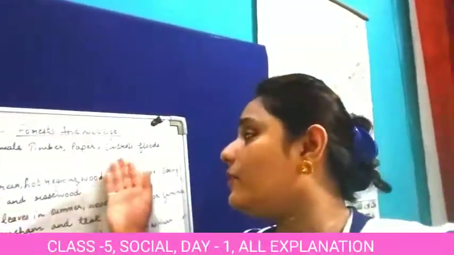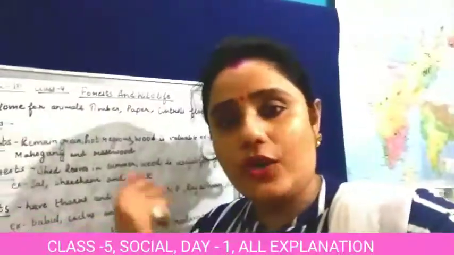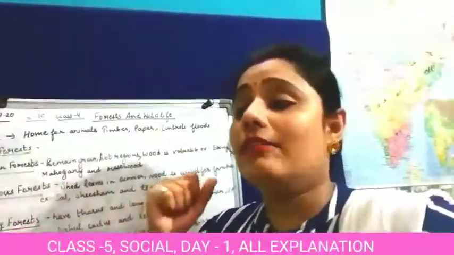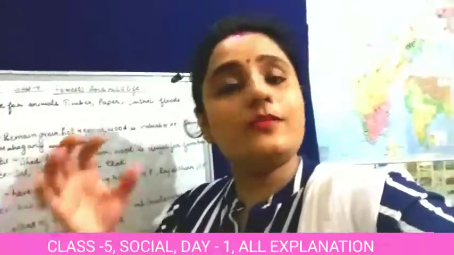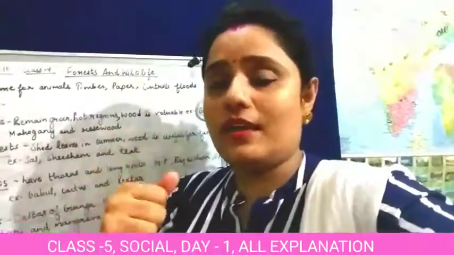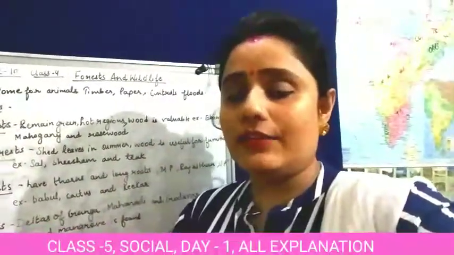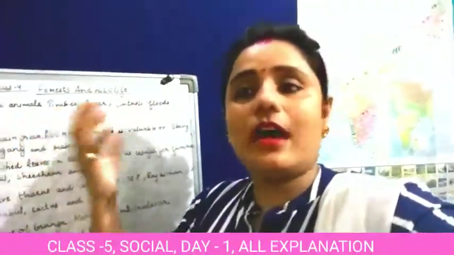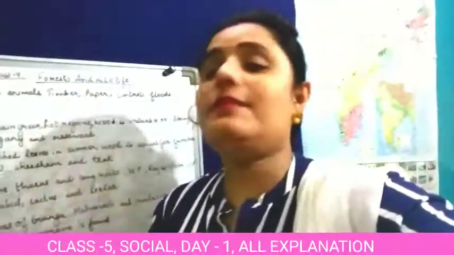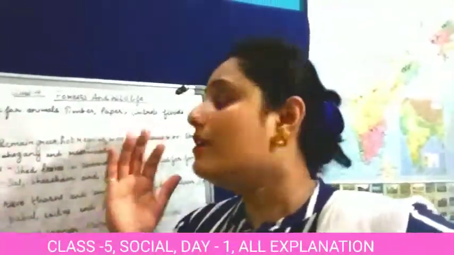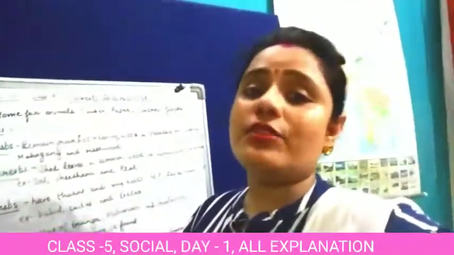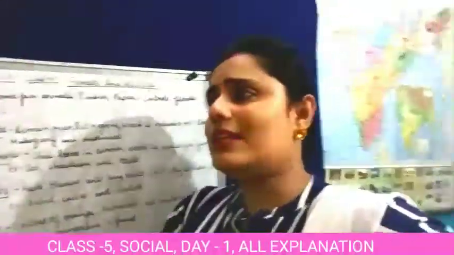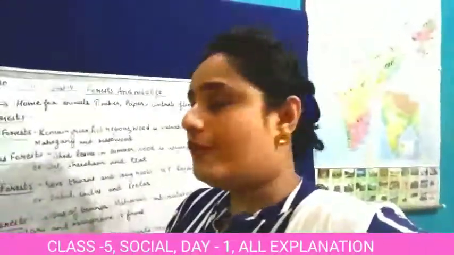Then it controls floods also. What does the forest do, students? Forest controls the floods. When a huge flood comes, because the roots are fixed in the sand very properly in the forest, it absorbs the water and the rivers do not affect the people very much who are living near the forest. So students, we have to study which types of forest are there and what is the speciality of the trees in the forest.